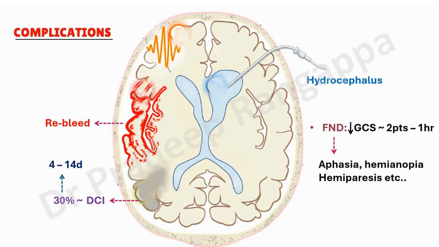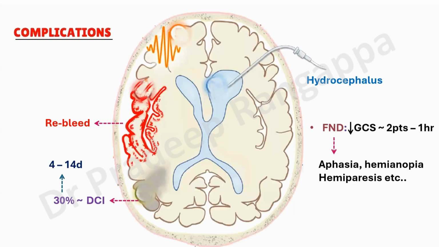So these are some of the commoner FNDs that may manifest, and you need to have a high index of suspicion if hemianopia is prevailing as FND. So a reduction in GCS of 2 points lasting for 1 hour qualifies as FND. So this is just a pictorial representation of some of the key complications that you need to be aware of